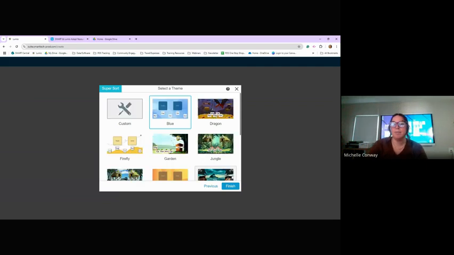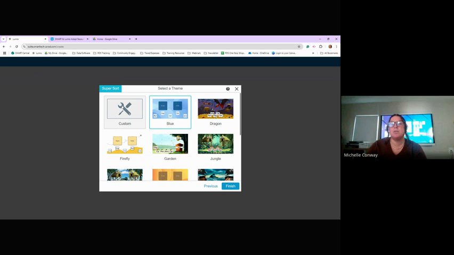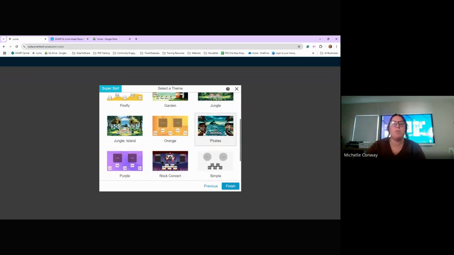And right from there, I have some fun themes that I can choose from. So you do have themes ready to go. The students really like the ones that are a little bit more interactive in a sense. So I did a custom one with the pumpkins, but just due to time, we're just going to choose one of these ready to go themes. They love the pirates one, and you'll see why. So I'll click on the pirates, and I've done this with seniors. So before you're like, oh, I'm a high school teacher, trust me, any game type activity, they'll like it. I hit finish,